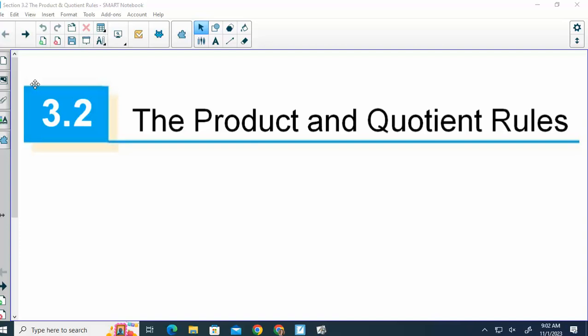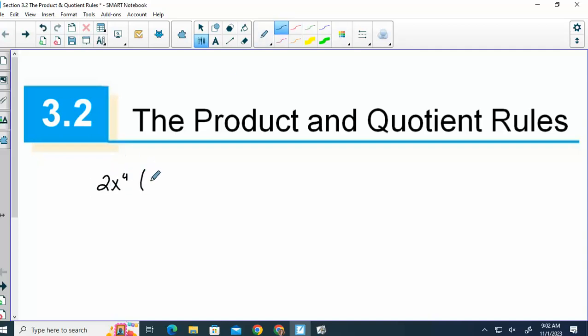So I have gone on and on about how if you have things multiplied, you can't just do their individual derivatives, right? And we've seen that we had to multiply things out before we do the derivative. If I wanted to try to do an example of that to just prove it to you, if I said 2x to the fourth times 3x plus 1. Okay, if you did the derivative